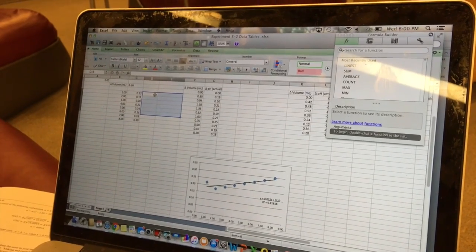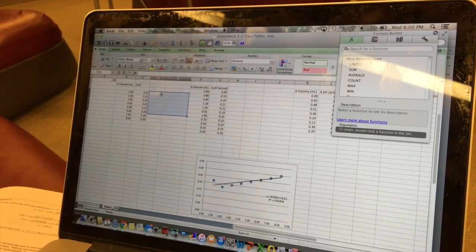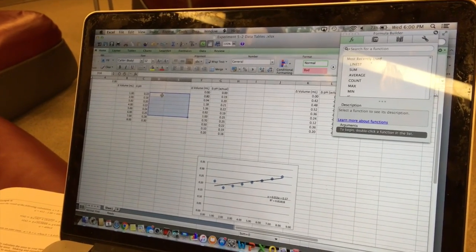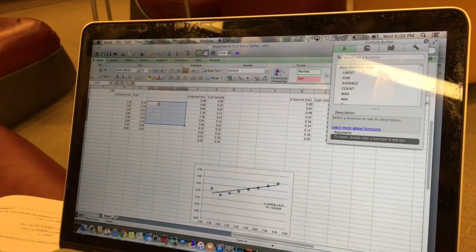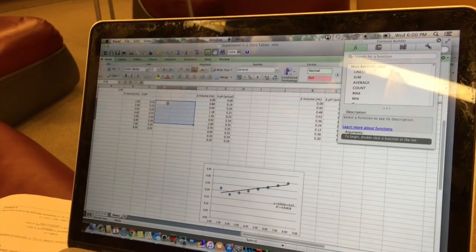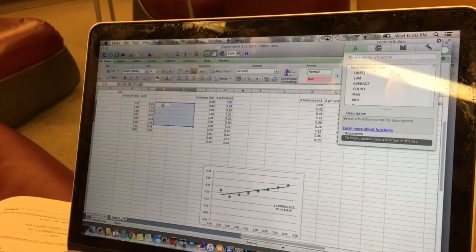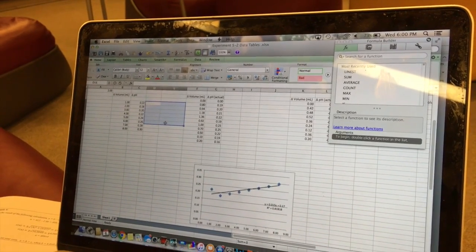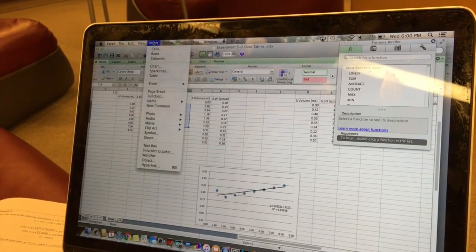If you want to determine not only the slope and the y-intercept of your data, but also the standard deviation of the slope and the standard deviation of the y-intercept, you can use the LINEST function. Begin by selecting an array of cells at least 2 columns wide and 5 rows deep. Then select the function operator